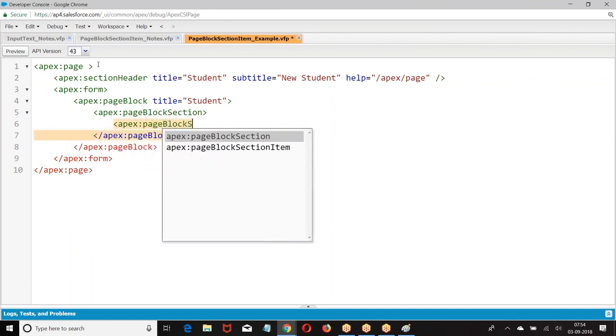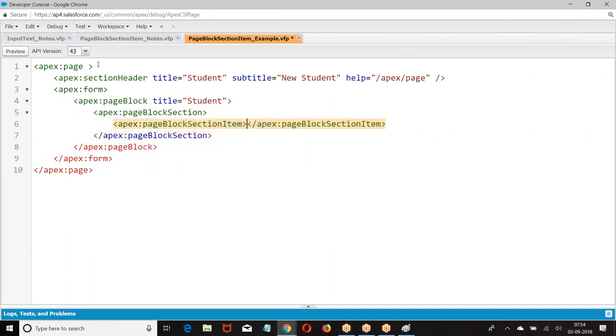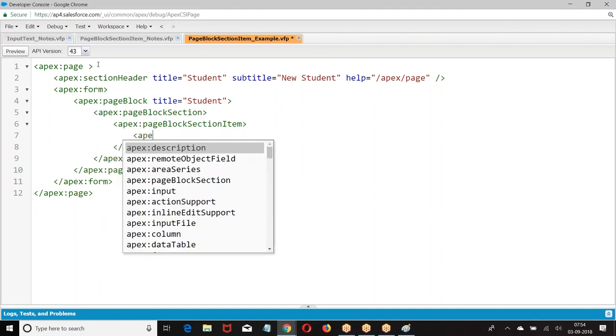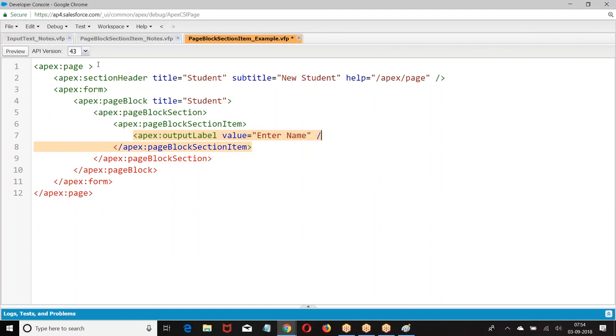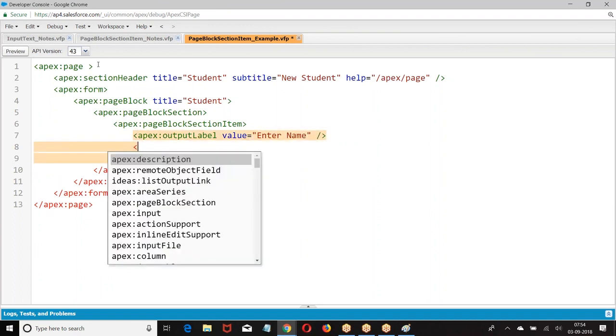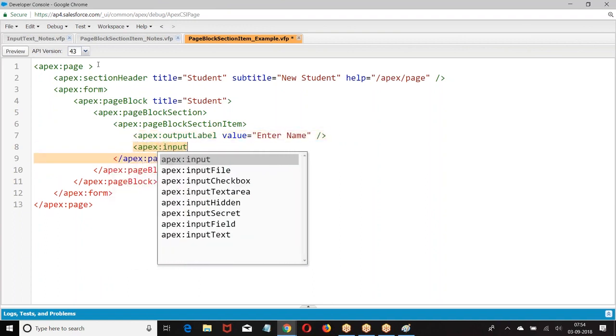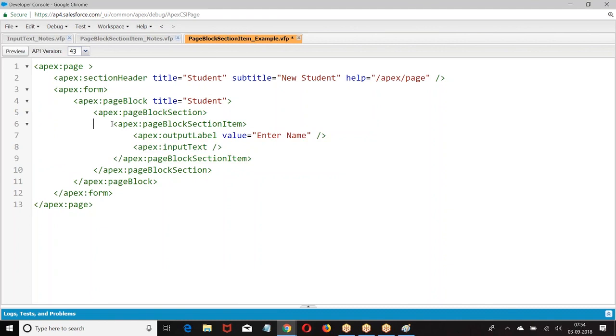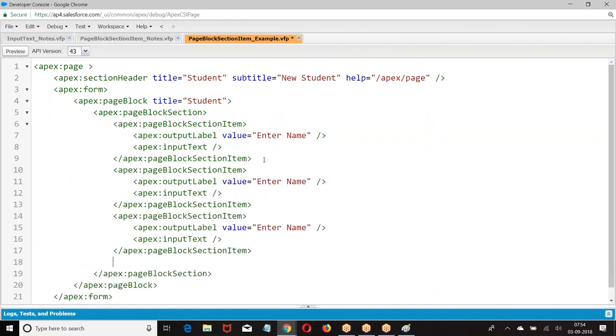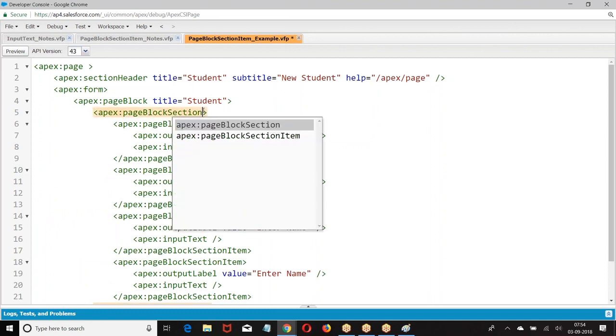Order is your choice. Then we have output label. How many columns do we have?